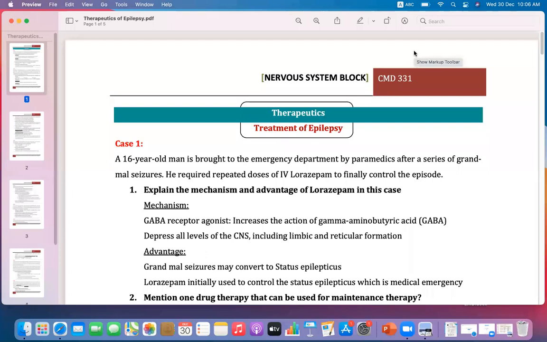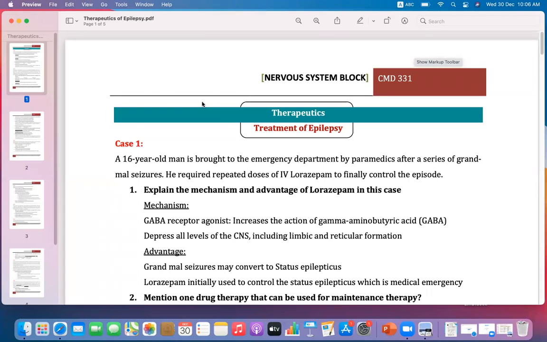Let us discuss the therapeutics of anti-epileptic drugs as per the objectives of the lecture. We have to discuss the different cases of epilepsy and their management. In the last session, we studied